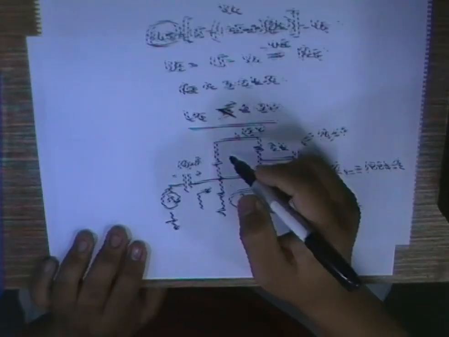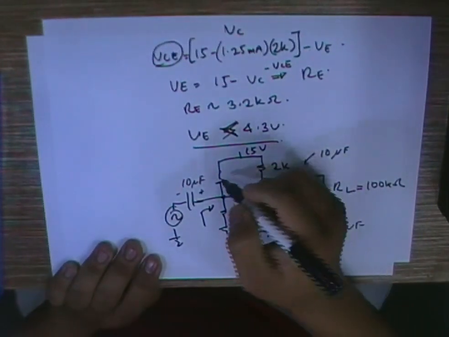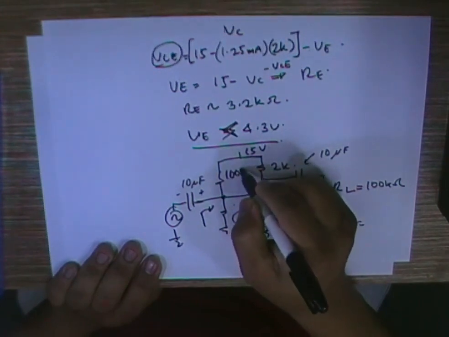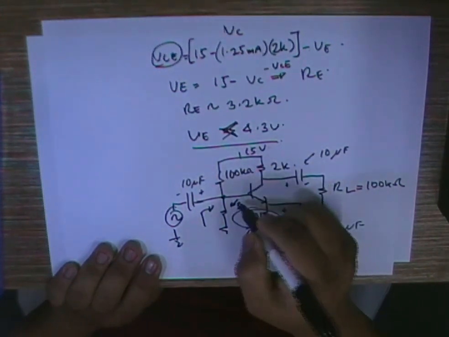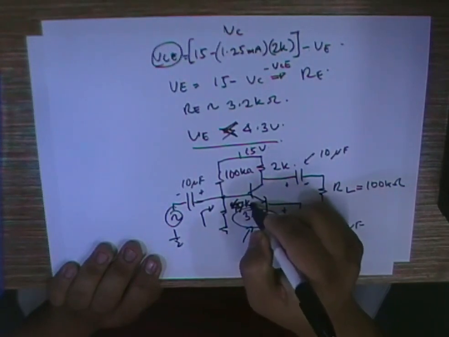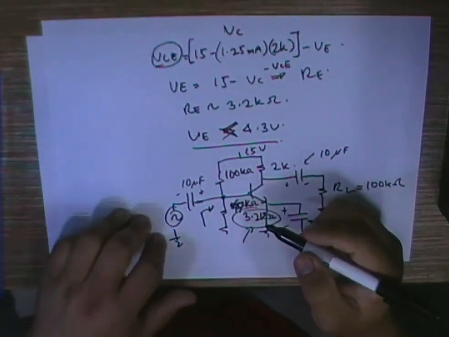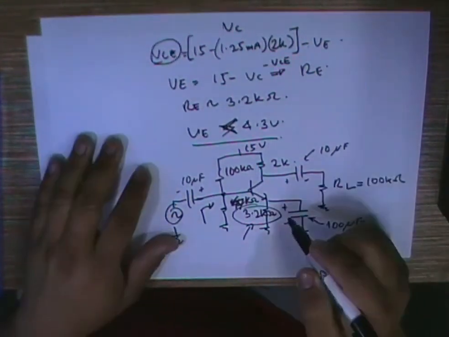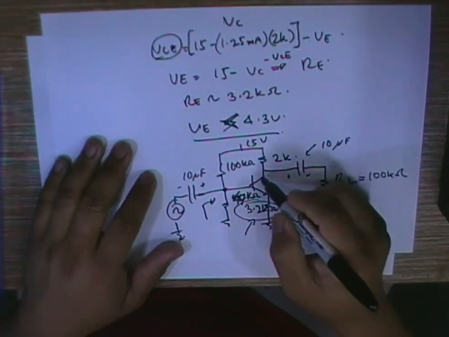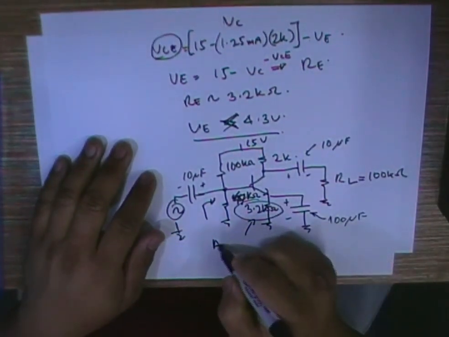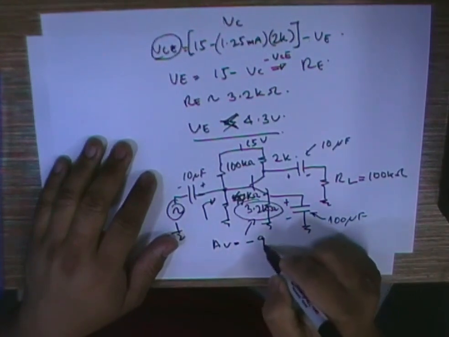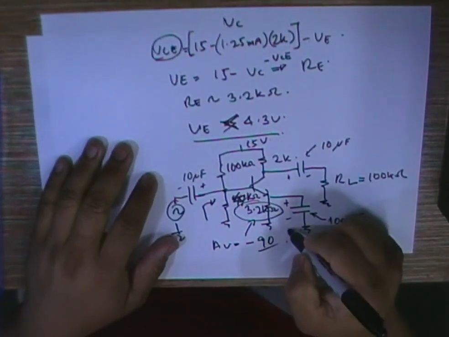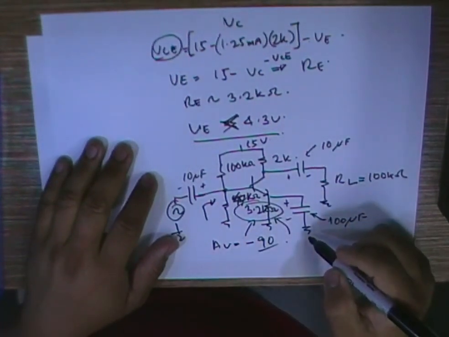So in this case, say my RB as I showed just now, about 33 kilo ohms. So I can set this thing to be 100 kilo ohms, and this thing 50 kilo ohms. So in the lab, you can use 47 kilo ohms. This will give you approximately 33 kilo ohms and above for the input impedance. You set this thing. If you do the simulation for this, you will find that the gain is around 90. So what you need to do is that you have to change this thing, reduce this value, so that